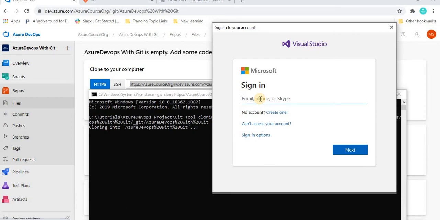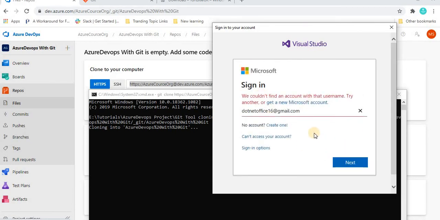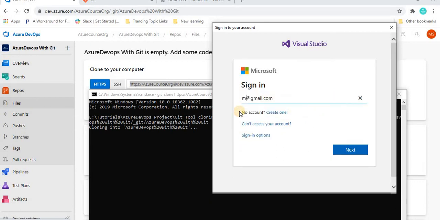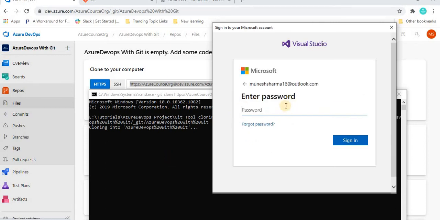So let's give the email ID which we have created. I am going to give the email ID first, and next we have to give the password. I have created this repository with a different email ID, so I'm going to give that. After giving the email ID, it will take us to enter the password, and here we have to enter it. So let's give the password,